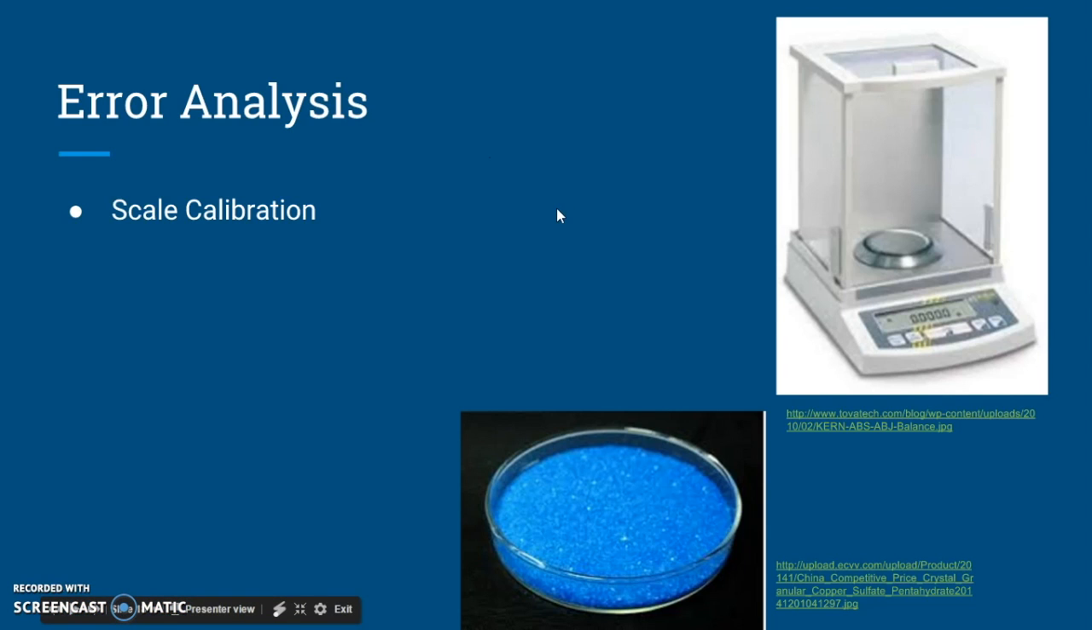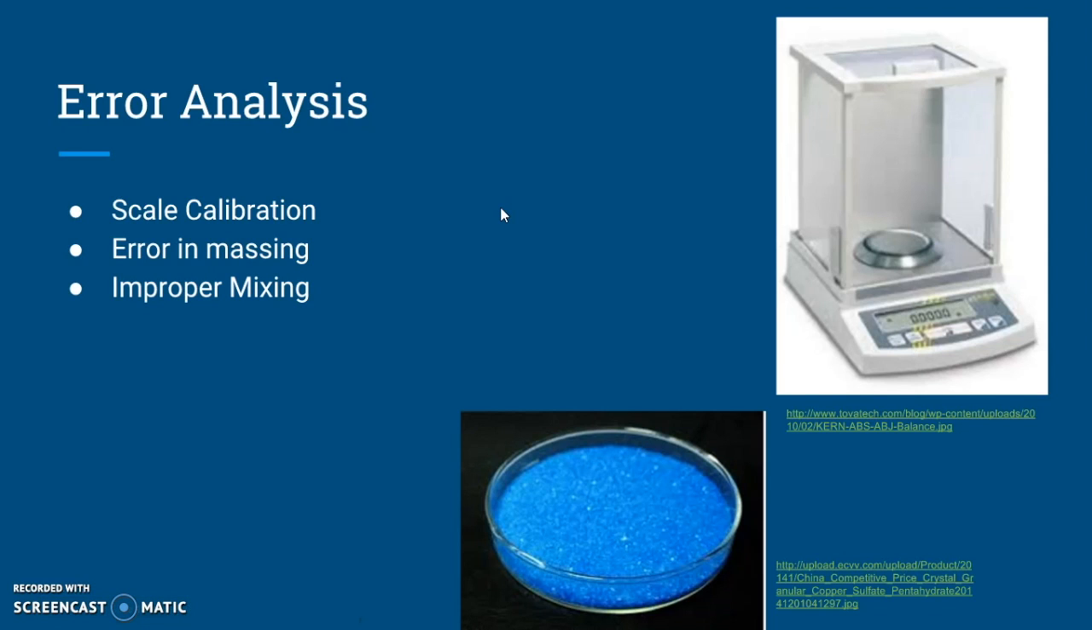Another error that was possibly made is an error in the actual massing. The scale might have not been set to 0, or we might have not gotten the exact number that was needed. The next one is improper mixing. It is possible that when mixing, the solution was not completely mixed together, therefore it wasn't fully a mixed solution, there were still particles floating around, and that could have also thrown off the numbers